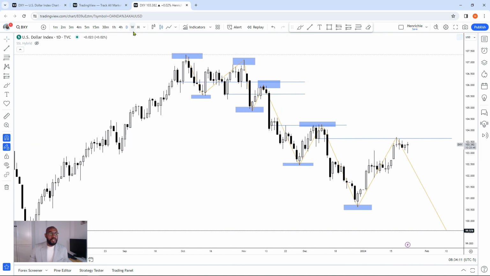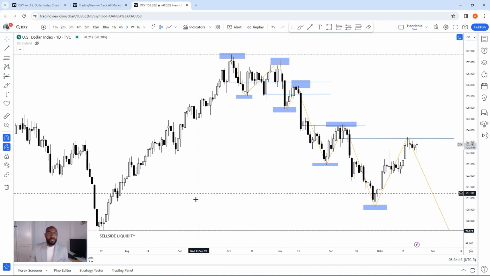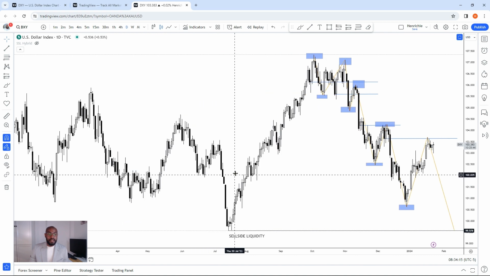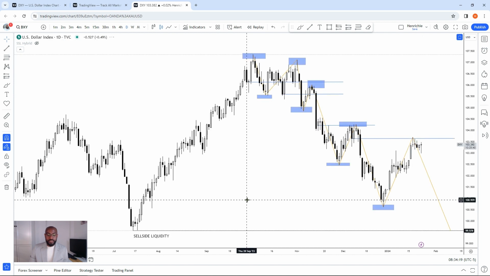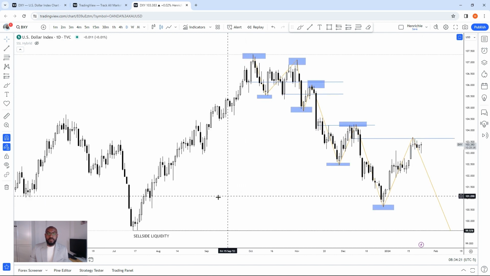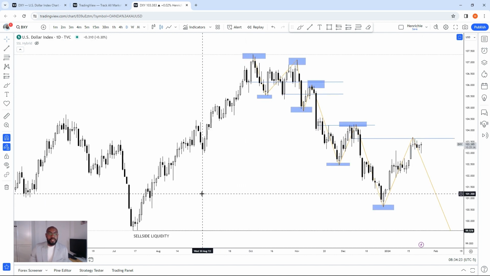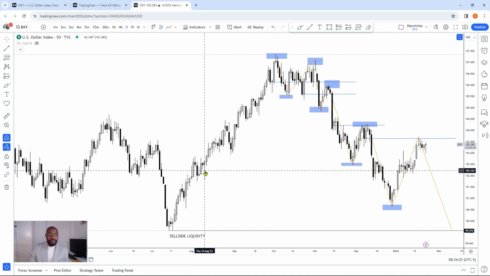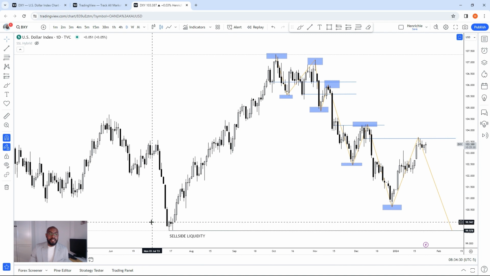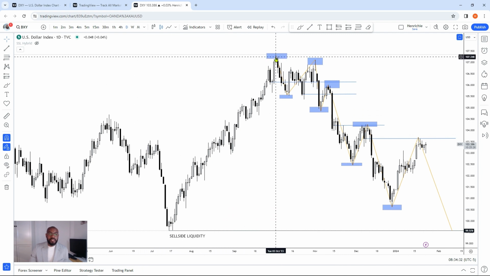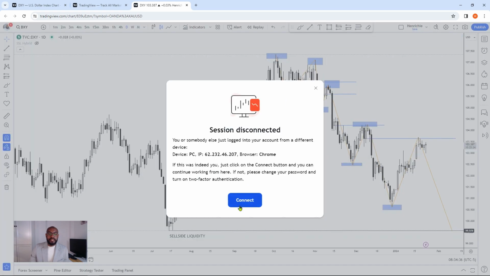So looking at the dollar right here, we're currently on the daily time frame, and what we're working with is what the daily time frame is currently showing us right now. And if we're looking at what the daily time frame is showing us, you can see that overall, we've been trending to the upside until we got to this high. And then after that,